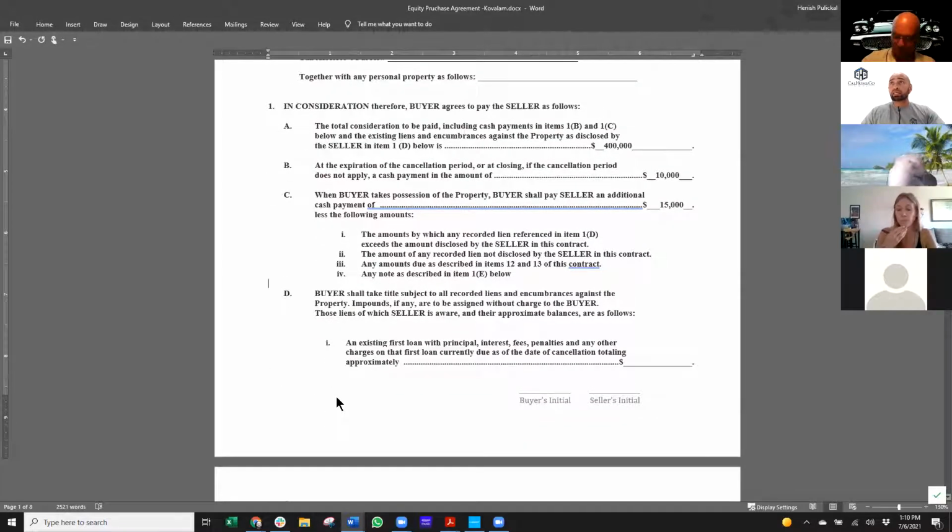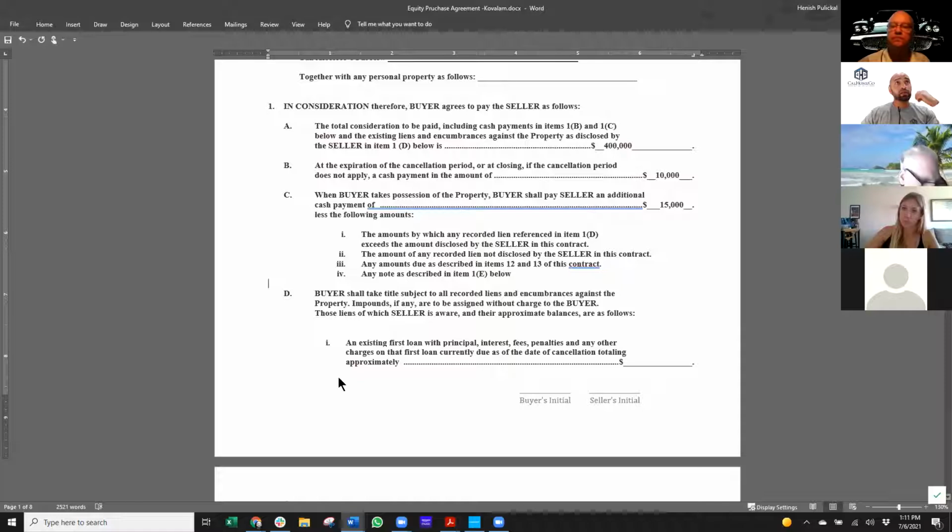Okay. Section D, buyer shall take title subject to all recorded liens and encumbrances against the property. Impounds, if any, are to be assigned without charge to the buyer. What's impounds, guys? Taxes. Yep. Taxes, insurance. Taxes and insurance. So impounds are what the mortgage company calls it when they collect, on the monthly payment, a small portion annualized over the year, so they can make your property tax and your home insurance payments